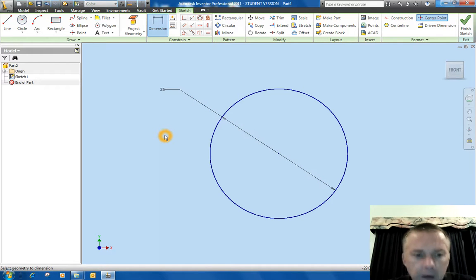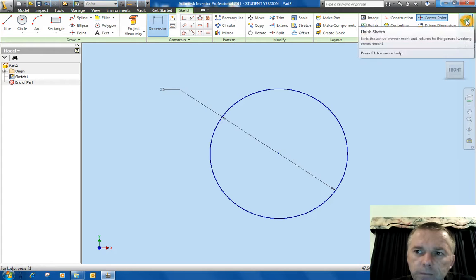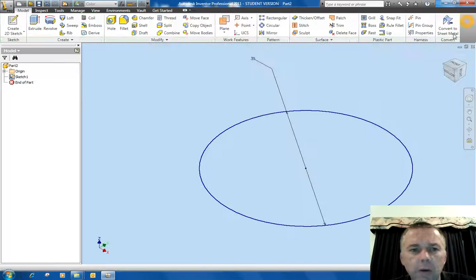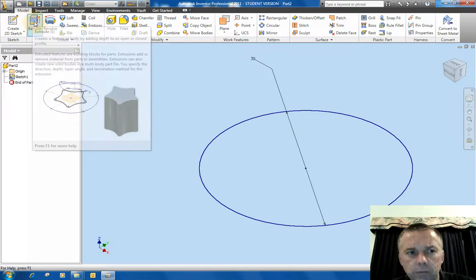Now that I've got that two-dimensional shape made, I need to go back to 3 dimensions. So over here I can tick Finish Sketch, and you can see straight away it's gone into an isometric view. Notice down the bottom here, your XYZ shows you that you've gone into a 3-dimensional view as well. So from here I want to extrude it or make this 2D into 3D. Extrude lets us do that. I press Extrude